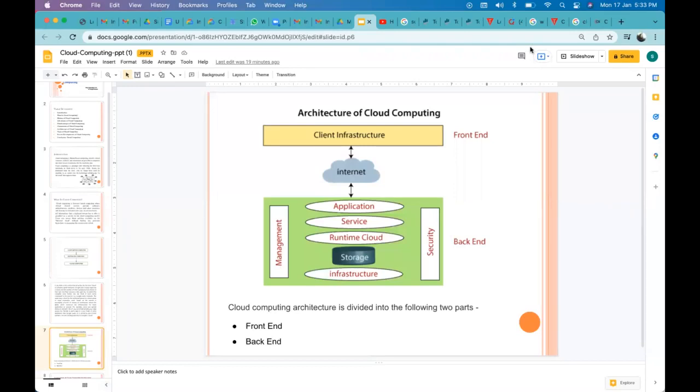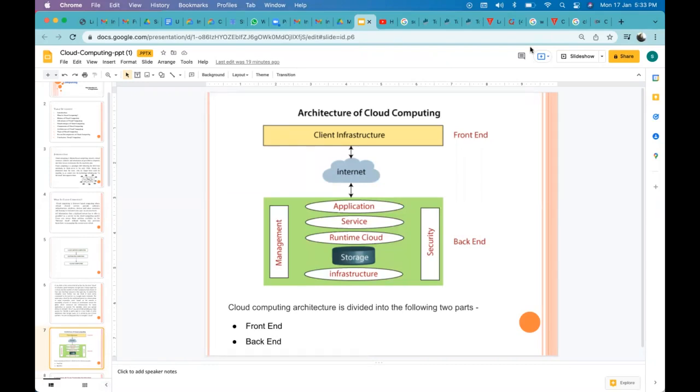The front end contains client-side interfaces and applications that are required to access the cloud computing platforms.